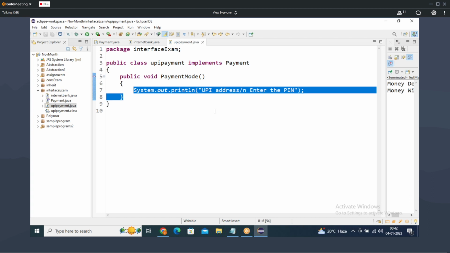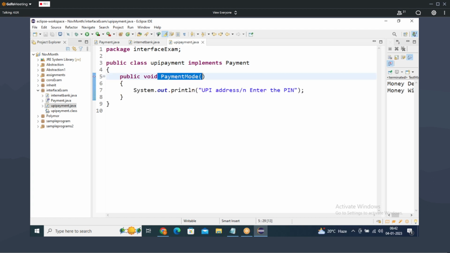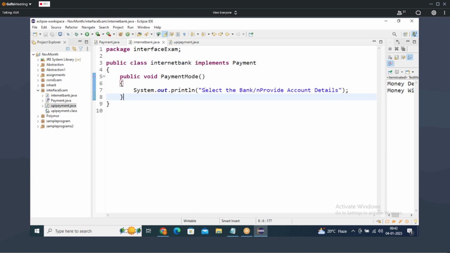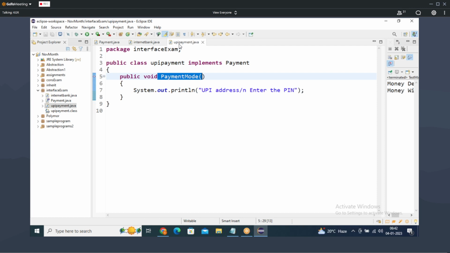Okay, so here you can see the same payment mode we are declaring here. The payment mode we need to mention. Whenever it is internet banking, you need to provide the bank, which bank you are going to pay from. So you need to select the bank. After that, you need to provide the bank details and password or something like that. If it is UPI or cash on delivery, here also, whenever we are implementing payment,